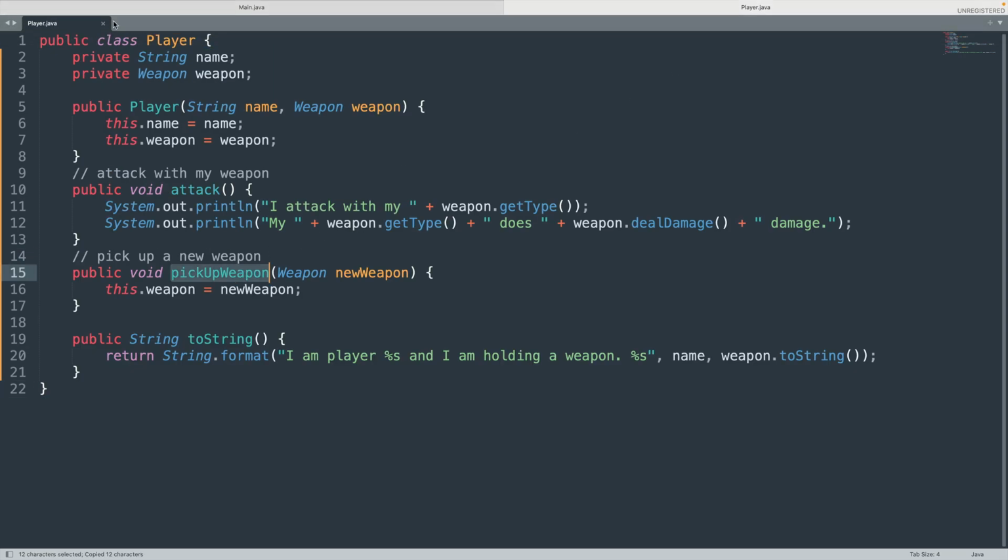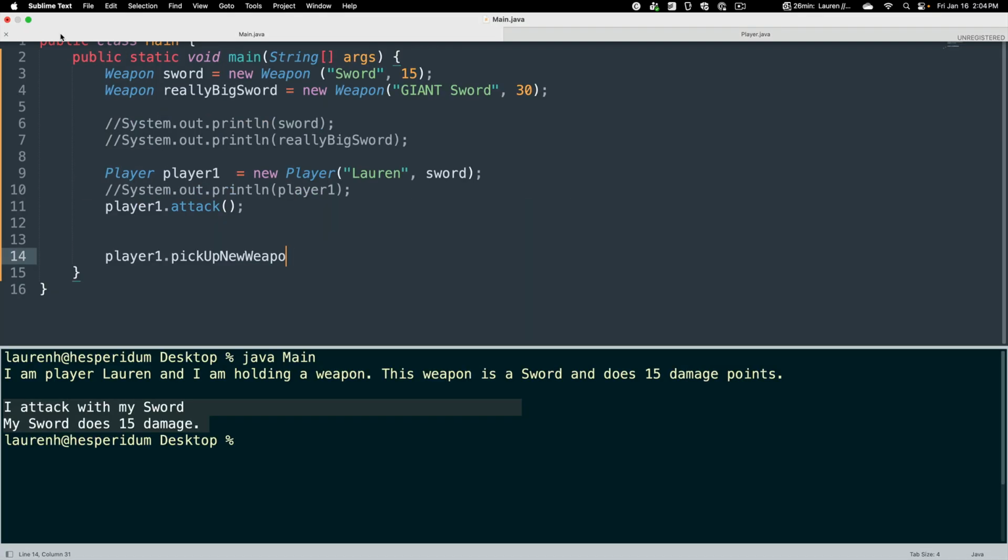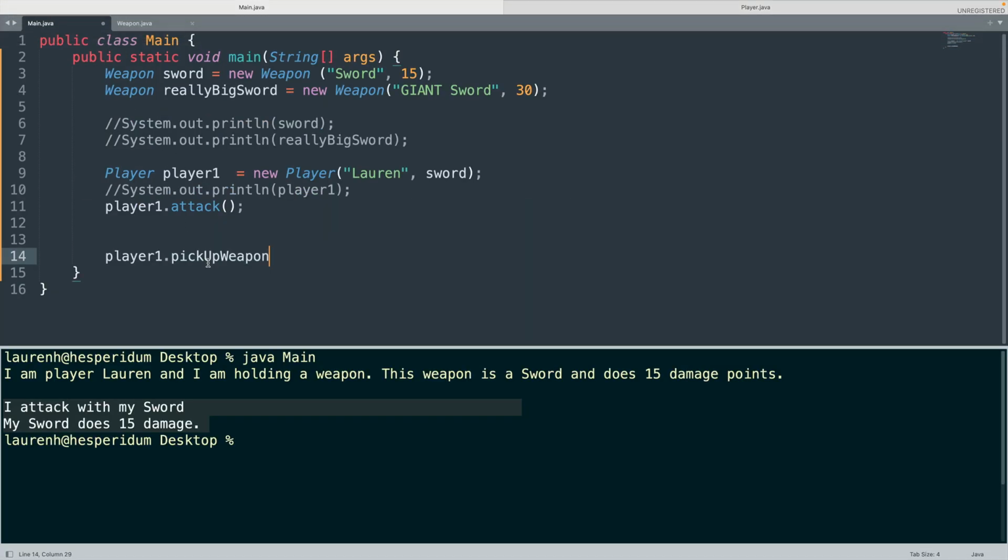Pick up weapon. Not having IntelliSense is sometimes frustrating, but it's mostly okay. There we go. We can pick up our really big sword, and then we can try to attack with that instead. So now what I'm expecting is line 11 here should still print out: I attack with my sword, does 15